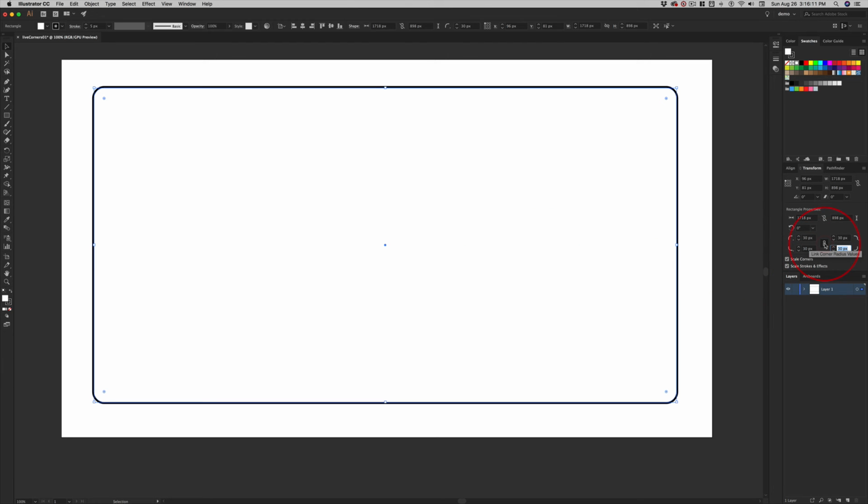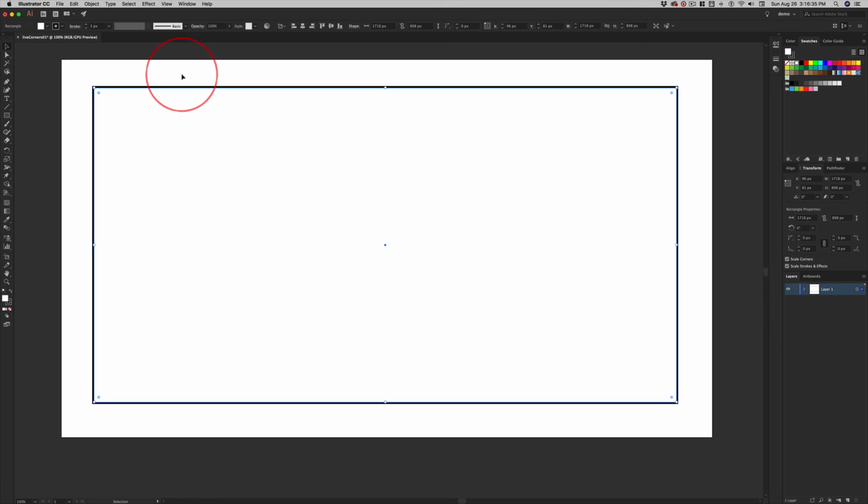Okay, yeah, that took me by surprise because I didn't unlock it and I didn't practice this because I wasn't going to do it this way. So now if I change this to, let's change this to 50 so you can really see what's going on. This corner changes, the others don't. I'm going to go ahead and pull this back and lock this again because there's another way to do this